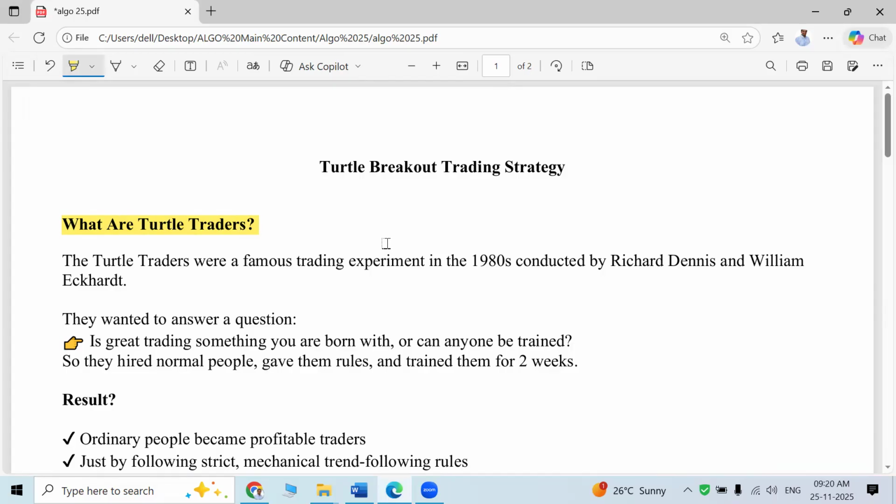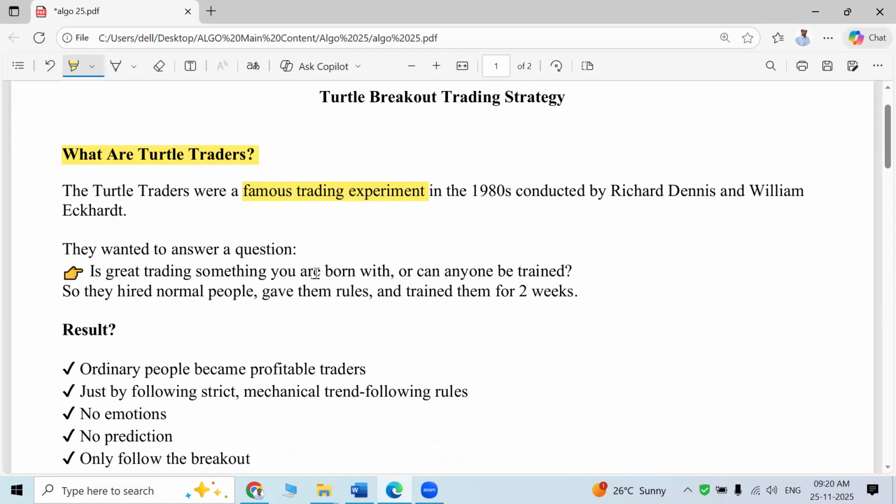It was founded by two people in the 1980s, and it is a very famous trading experiment. They chose very ordinary people who didn't know how to trade in the market and didn't have any expertise, but these ordinary people became profitable traders just by following certain rules. The two people made rules for trading, and they asked these people to follow the rules,